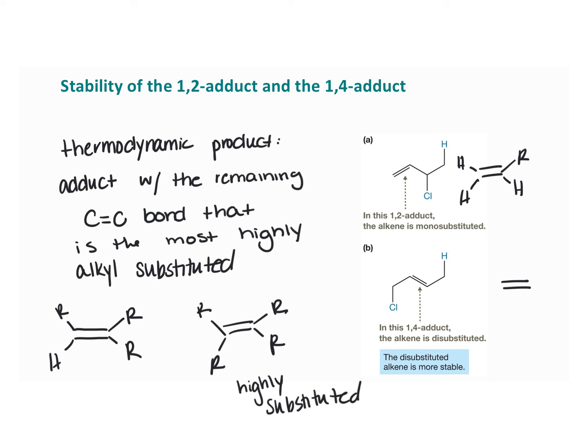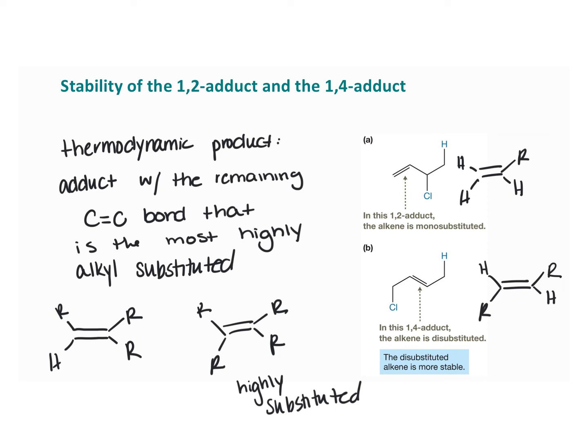So there it is. And then you've got 1 R group here, and then you have a hydrogen. And then you have 1 R group here, and then you have a hydrogen. And so because there are 2 R groups around that double bond, that one becomes the more highly stabilized. Okay, so when we're talking about the most highly alkyl substituted, that's what we're talking about with a